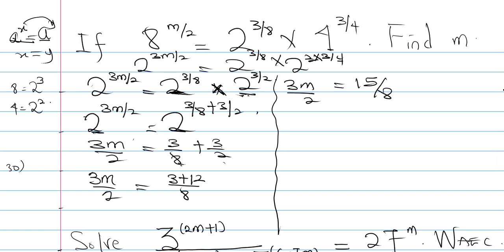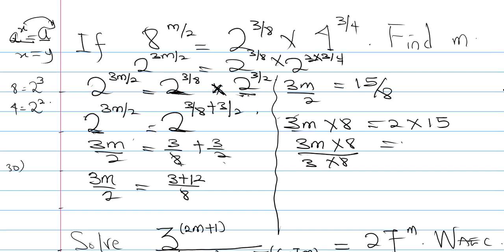So let's cross multiply here. We can have 3m times 8 equal to 2 times 15. Now dividing both sides by 24 here. So 3m times 8 over 3 times 8 equal to 2 times 15 over 3 times 8. This one vanishes. Now we have my m is equal to, 3 ones are 3, 3 fives are 15. Okay, 2 ones are 2, 2 fours are 8. The final answer is